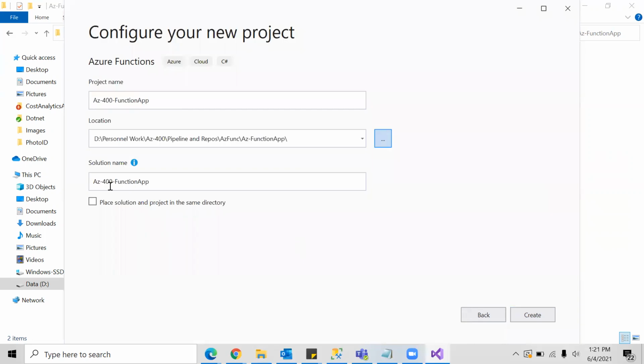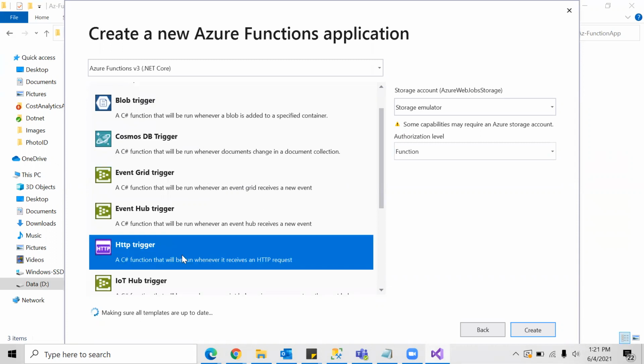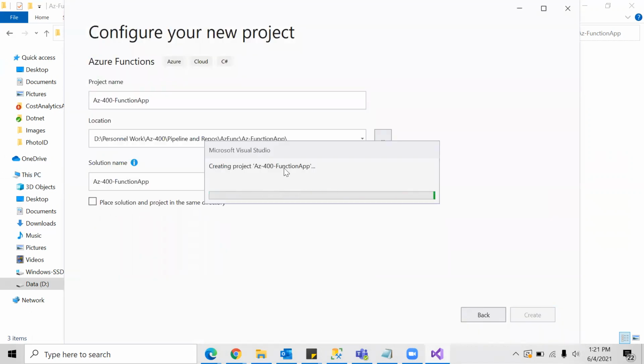So I just selected that, and the solution name I can just keep the default value, and let's just create. So this will ask for the function that you want to create, the boilerplate code. So I'm just taking it as HTTP and create. So this will create a function inside a function app solution, which is a default boilerplate that Microsoft will give you.